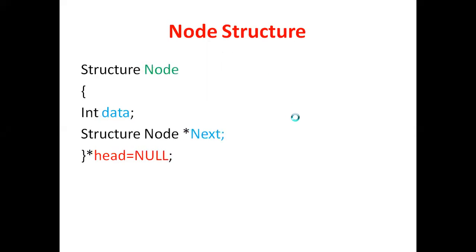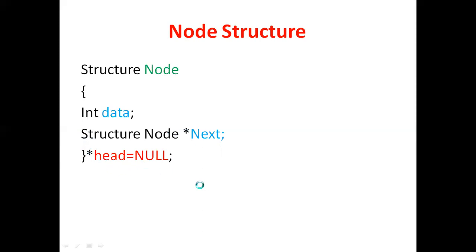So generally, if you want to perform this type of single linked list programs, we should know the structure in the C language. So define one structure. The structure name is node. The node contains two parts, the data part and the next part. Next is a pointer variable that always holds the next node's address. And one more thing, we are using struct node asterisk next. Our data type is struct node, which means our structure node is a self-referential structure.